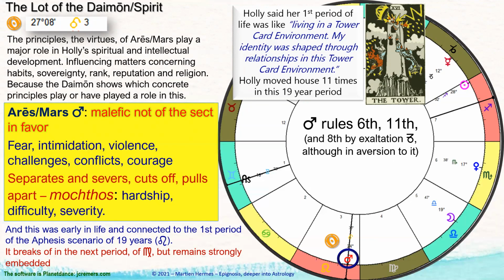Yeah, and it's really very indicative of Mars being on the IC, because it's unstable and also forever changing. You're constantly severed from something you had to grow roots in, or try to get roots in certain phases of your life, or certain environments, of certain places. But then you moved again, and then these ties were severed again. So yeah, that's a pretty accurate description of what Mars can do in such a period.